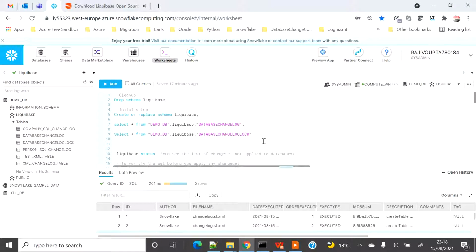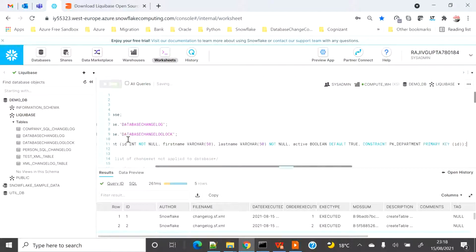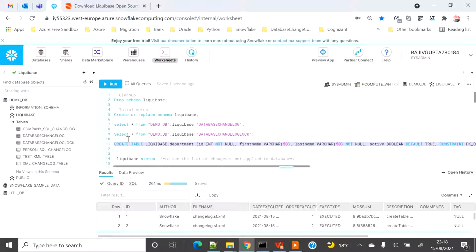What I'm going to do is, say if somebody has created the table in the database. So basically the purpose of showing this is when you have two different databases or two different schemas, and some of the tables are applied manually, and those are also part of some other changelog file. So if you already had a table in the database, and if you apply that same changelog with having the same name, it will fail because the table already exists, right?